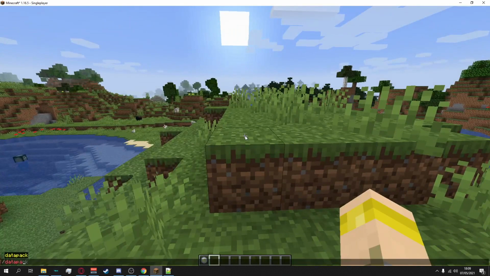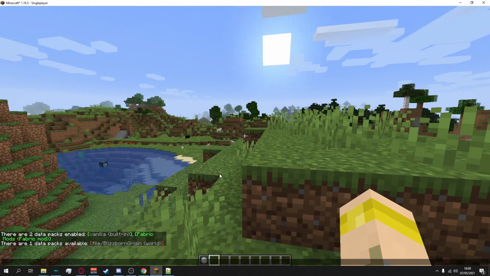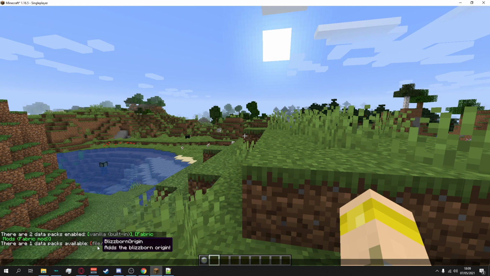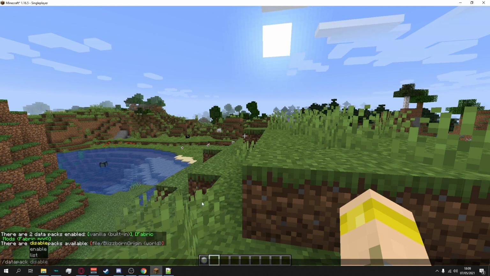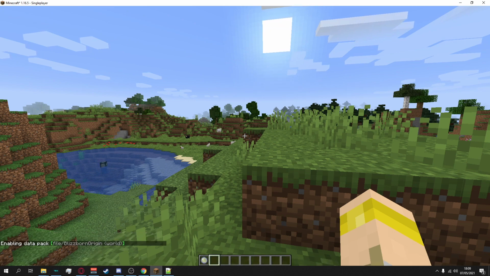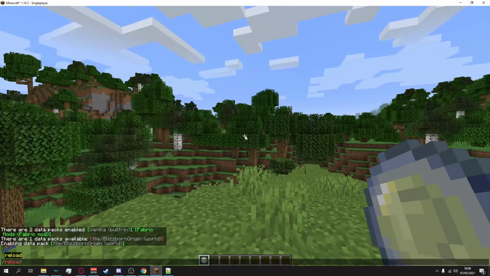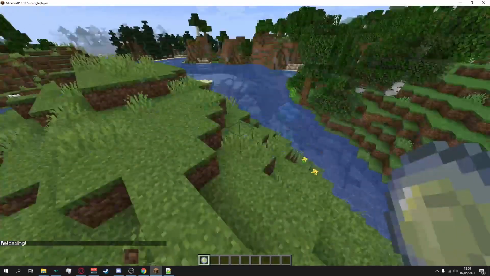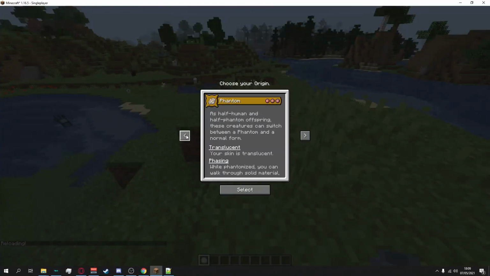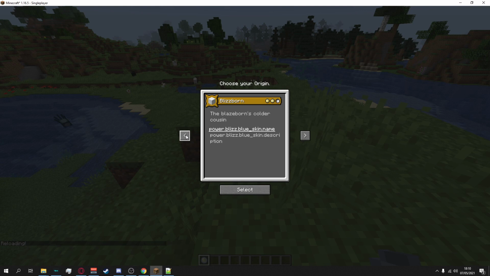We need to go and do /datapack, which is why you needed to have cheats enabled, then go to list. And you can see if you've done it right, you will have one data pack available, File Blizzborn Origin. Now you go to data pack enable and then File Blizzborn Origin. If you do /reload, just to make sure, you can right click on the orb and go around and you'll